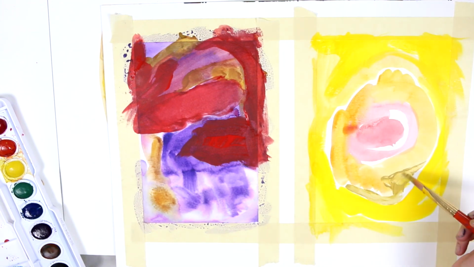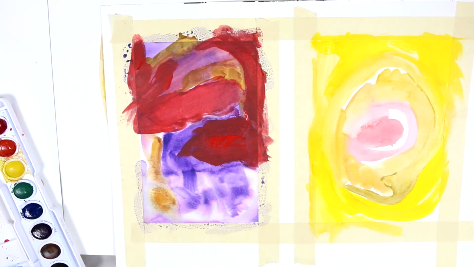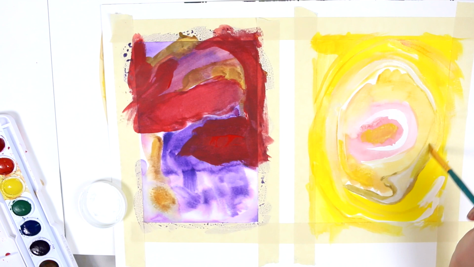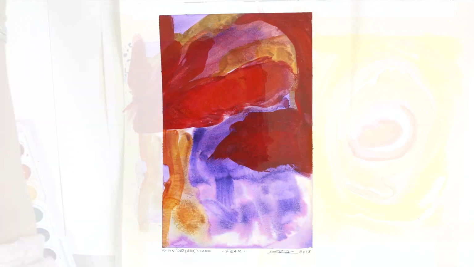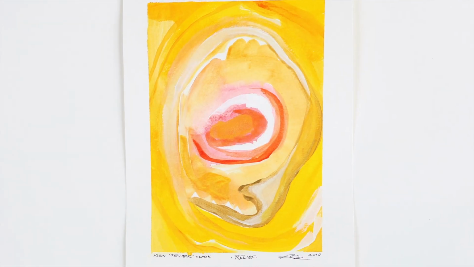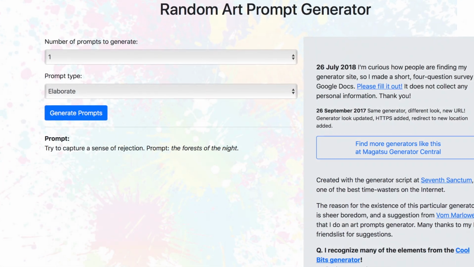Okay, on the left was our fear, and on the right was relief. So, of course, with fear, there's some general colors that kind of come to mind, so I used a little bit of a darker palette and some reds, but I didn't want to go too stereotypical, and I think I could have done a better job capturing the idea of fear, honestly, but that's what I made. And then relief, I went with gold and some bright colors and circles and all of that.